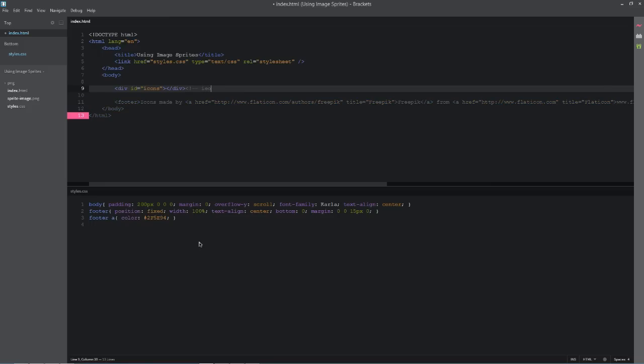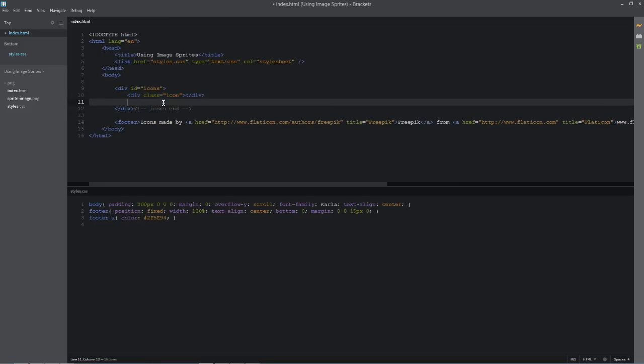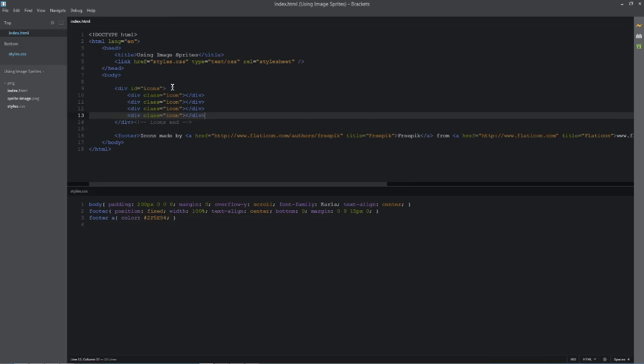And we'll just do icons end. Okay. Inside this div id, we're going to create 4 div classes, and we're going to call them icon. So let's just copy and paste another 3 of these. So the way we're going to work this is the class icon